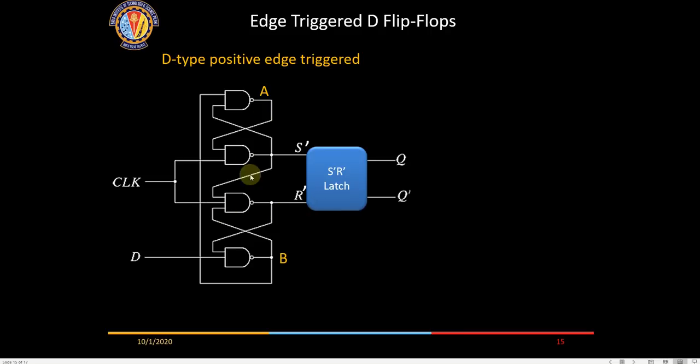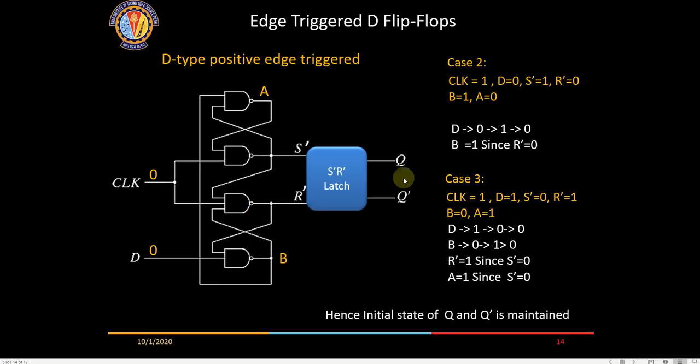You just have to know that it can be implemented this way. For one or two conditions, verify it for yourself. Don't try to memorize it. The main aim is to understand the concepts and how to design circuits. Inside a D flip-flop there are a few cross-coupled NAND gates, which ensure that only during the positive edge of the clock is D captured to the output.